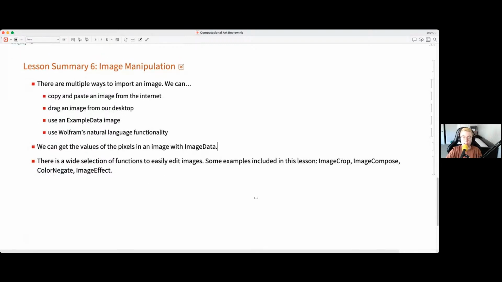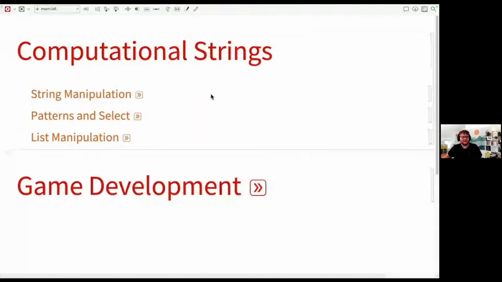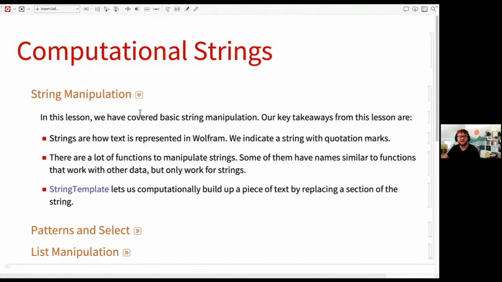Cool. And so that was all that we learned about on the first day. We're going to go through now the computational strings section, where we started out with string manipulation. We covered some basics of string manipulation, and our big takeaways were